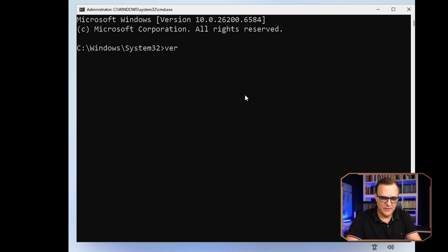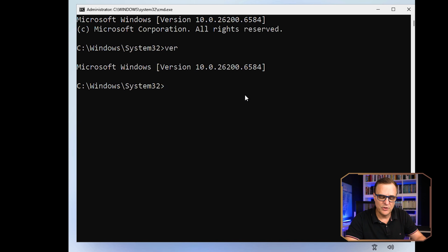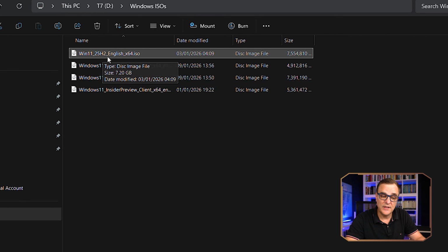So there you go. I'm going to type version. You don't have to do this. I simply want to show you the version of Windows that I'm running. So it says version 10, 26200. It's actually Windows 11, 25H2, and then 26200. So I downloaded the Windows 11 25H2 English x64 ISO from Microsoft, and that's what I'm using on this virtual